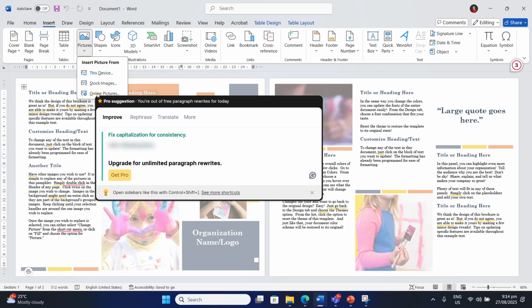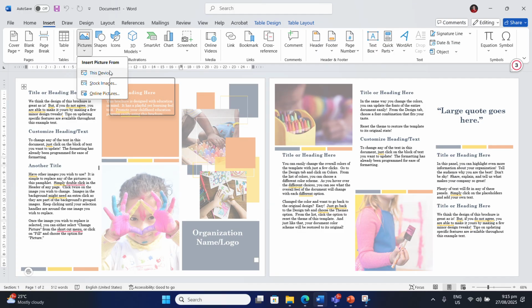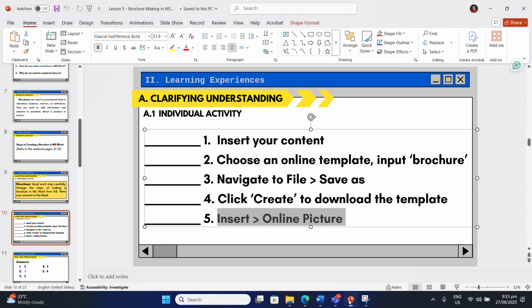That may be in a search engine, just like Google Chrome or Microsoft Edge, or in your device, just like last time, in your file explorer, if you have stored different pictures in your files, then you can insert the pictures in your brochure. In this case, we have pictures, right? So the original editor of this brochure has already inserted the pictures.